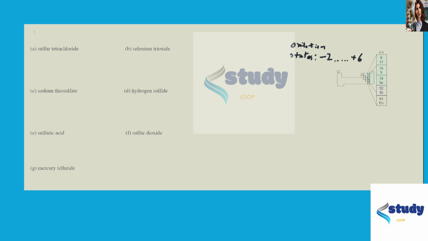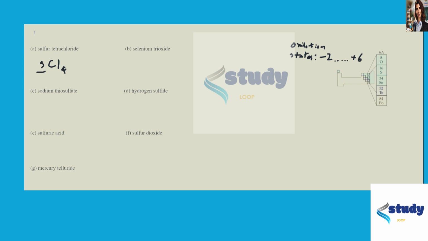But let's get started. So for this first one, we have sulfur tetrachloride. Judging by the name, we've got sulfur, and it's tetrachloride, which means that there's chlorine, and there are 4 of them. So we have here a covalent compound, which means that its chemical formula is not determined by charge balance, so just sulfur tetrachloride based on the naming scheme. So our group 6A element here is going to be sulfur,